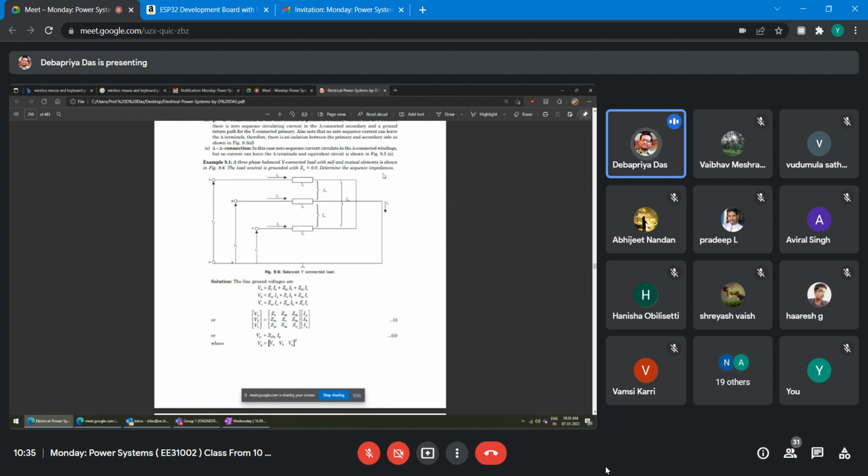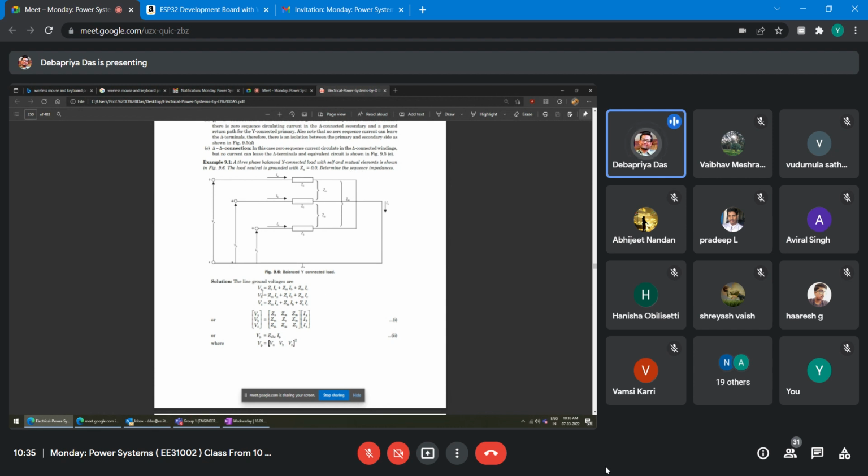Determine the sequence impedances, right? So this is ZS, ZS, ZS. Currents are flowing, IA, IB, IC. Voltages VA, VB, VC are shown. This is neutral, grounded, but no Zn is here, and mutual coupling is there. There is A to B Zm, B to C Zm, and A to C Zm, right? All couplings are there, and you have to write down the sequence impedances,